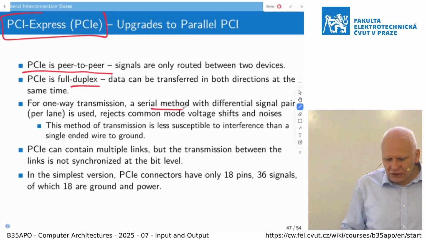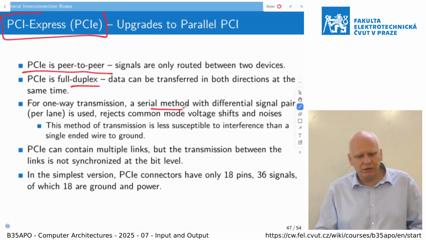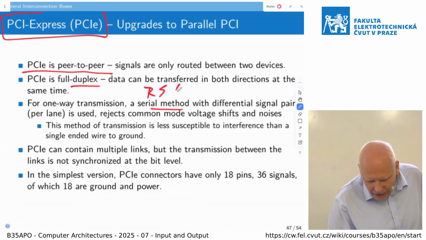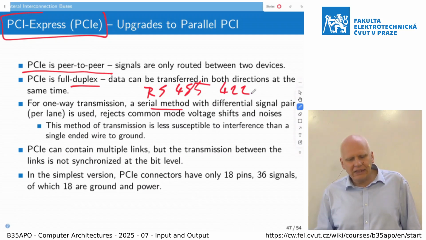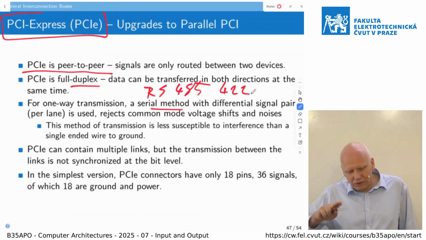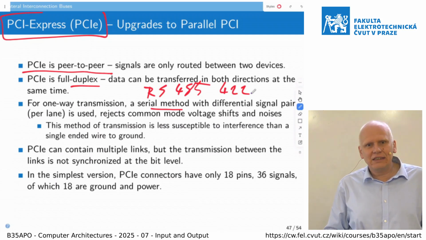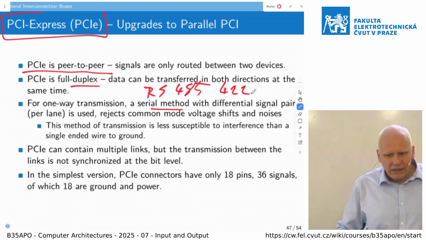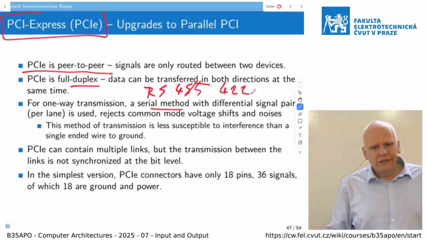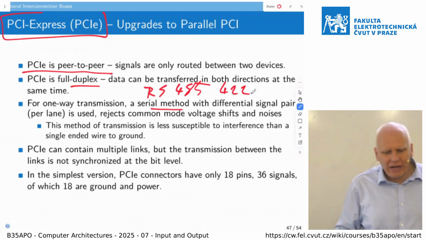For each direction, a method with differential signals is used. So basically, it is the same idea which was used on RS485 or 422. It was half duplex or full duplex. And it is using differential signaling, so each signal is delivered in a pair. It is even interesting that thanks to the encoding, which has a 0 DC level, it is possible to do a separation of the grounds and overcome ground shift by